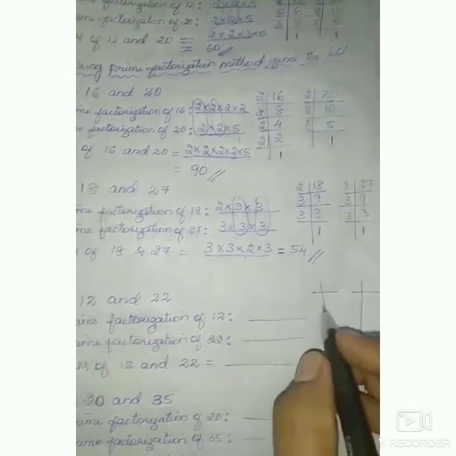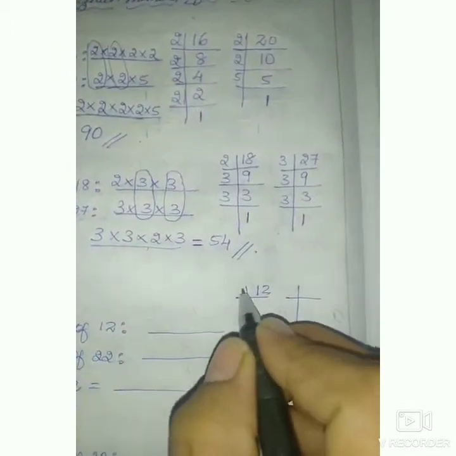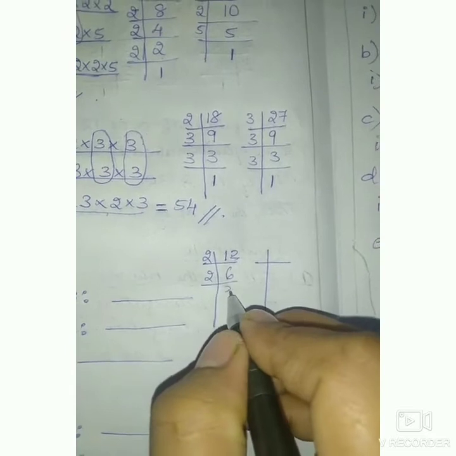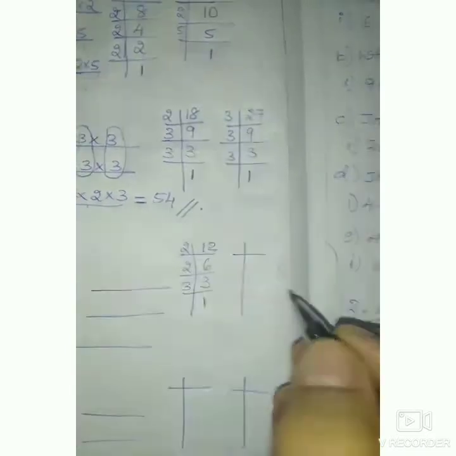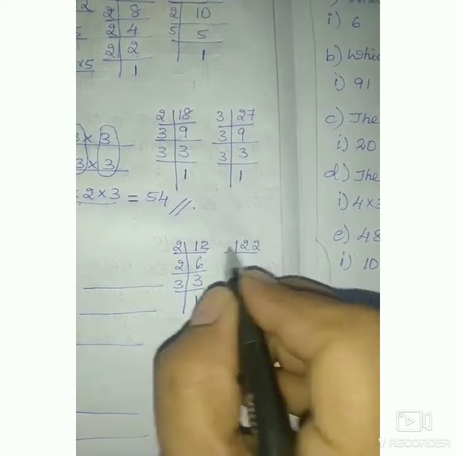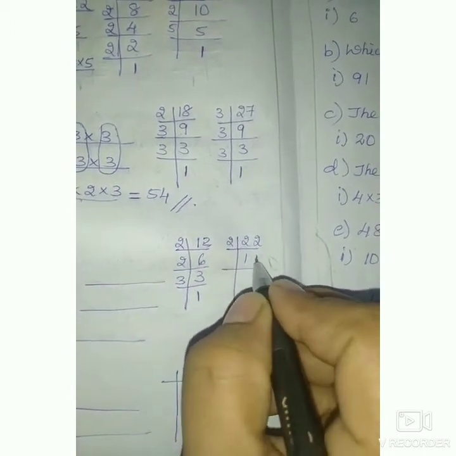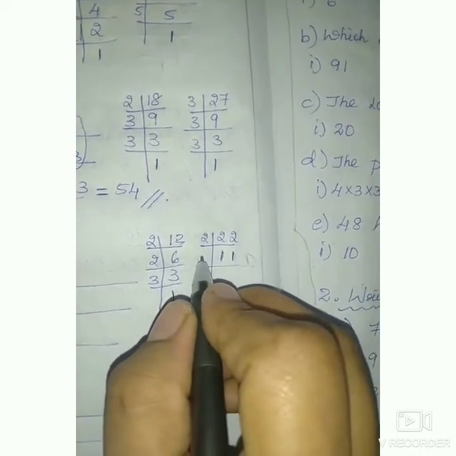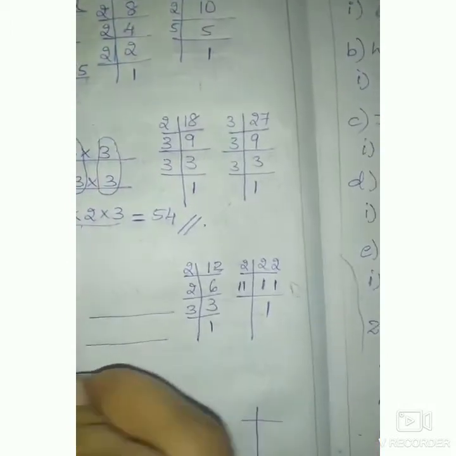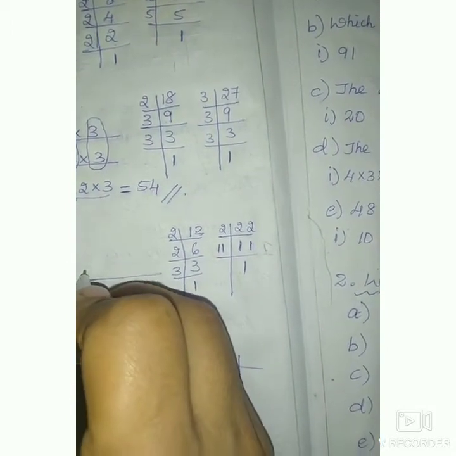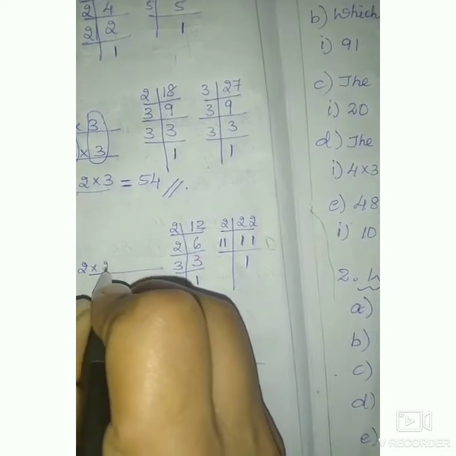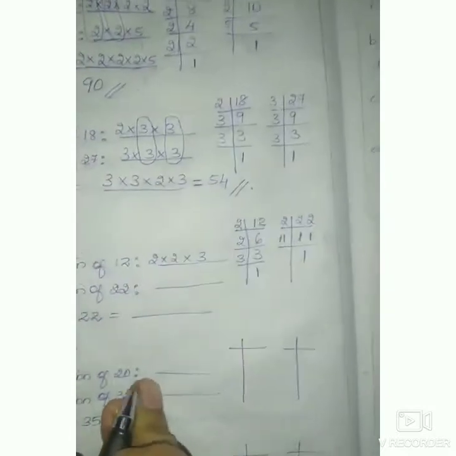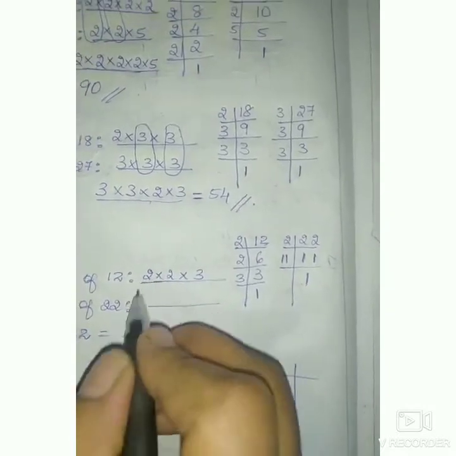12 and 22. So start with 12. So start dividing by 2. 2 6s are 12. 2 3s are 6. 3 1s are 3. Next 22. 2 11s are 22. 11 is a prime number, so it can be divided by 1 and itself. So 11 1s are 11. So what are the factors of 12? The prime factors, that is 2 into 2 into 3. These are all prime numbers because we are finding the prime factorization. Okay, all the numbers are prime.